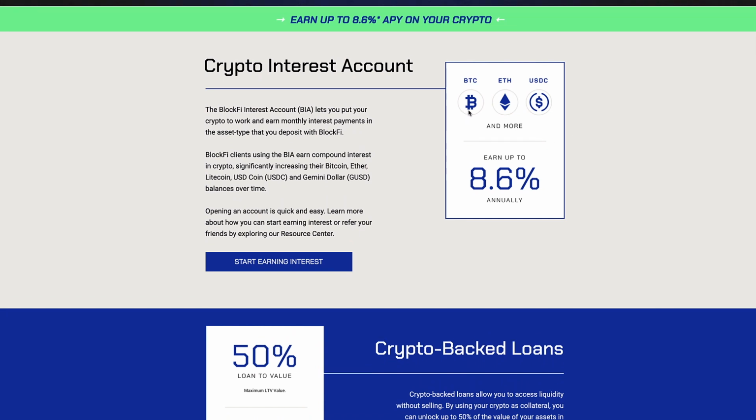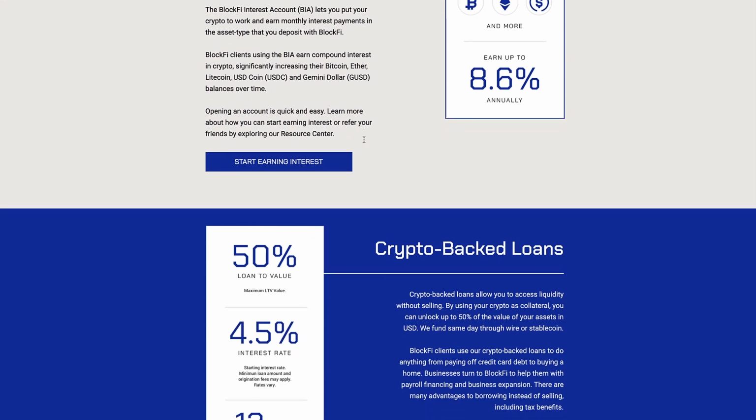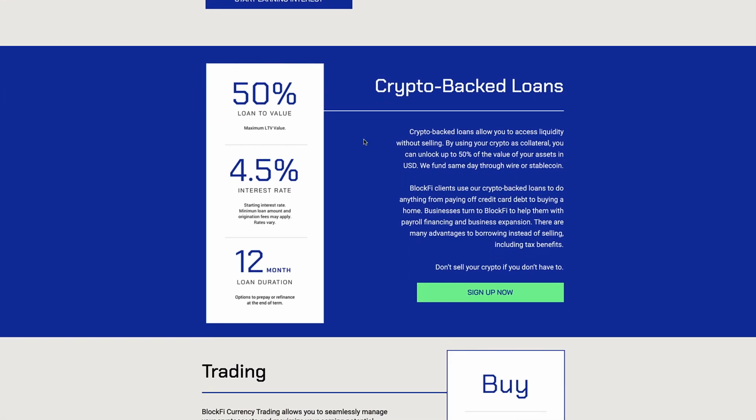So that interest payout could either be paid in Bitcoin itself or also in a US dollar stable coin, such as the Gemini dollar. Now, if you're holding a stable coin, they pay 8.6% a year, 8.6% annually. So that's something to think about, because what you could do is